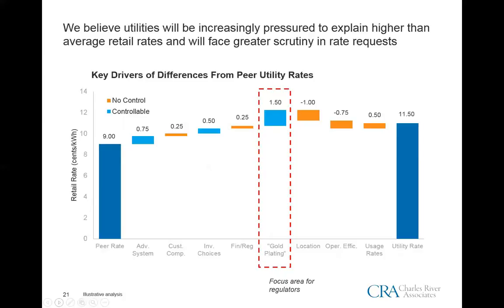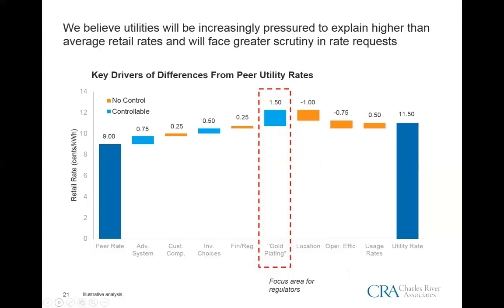than other peers. And what we're outlining here on this slide is a comparison that we did for two example utilities. The specific utility we were looking at is represented with that bar all the way to the right, and this was their all-in rate of about 11.5 cents per kilowatt hour. And comparing them to a peer in a neighboring state with somewhat of a similar profile, we were asked to look at what those differences might be between those two rates and whether we could explain them in order to be responsive to internal strategic questions, but also external pressure from the regulator.